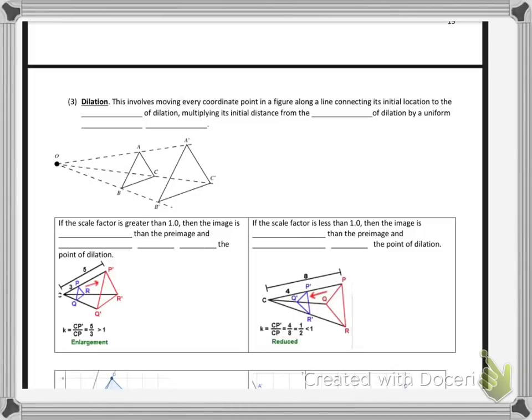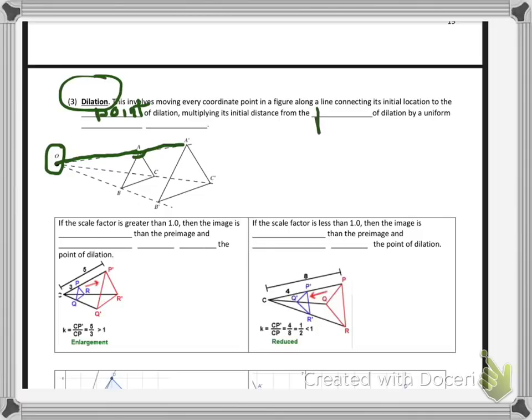The last transformation that we're going to work with is dilation. This involves moving every coordinate point in a figure along a line connecting its initial location to the point of dilation. So here's my point of dilation. If I have a line connecting that to the initial point, and then I multiply the distance along that line,